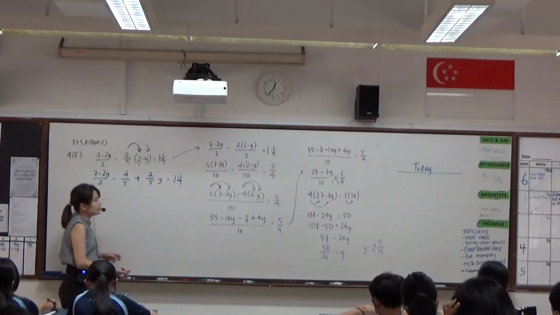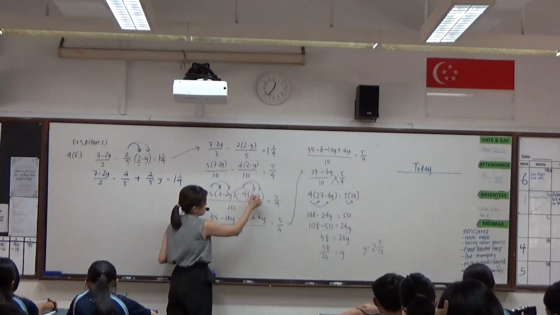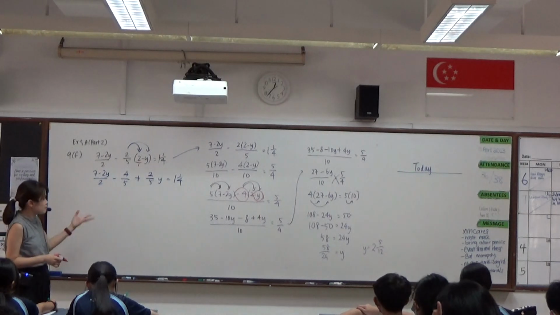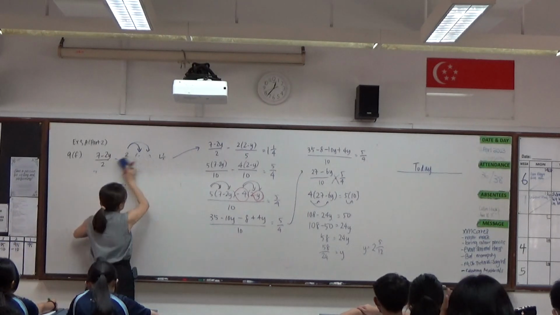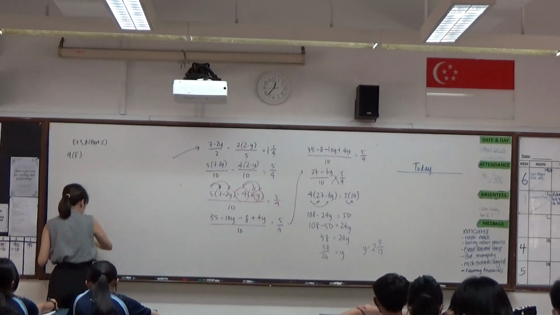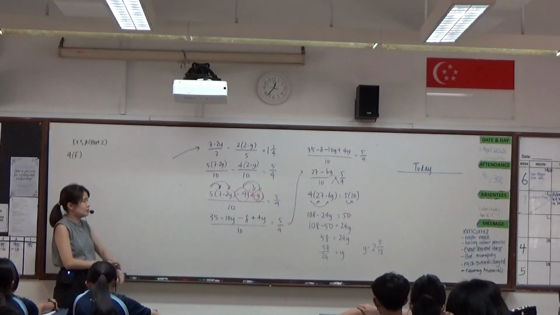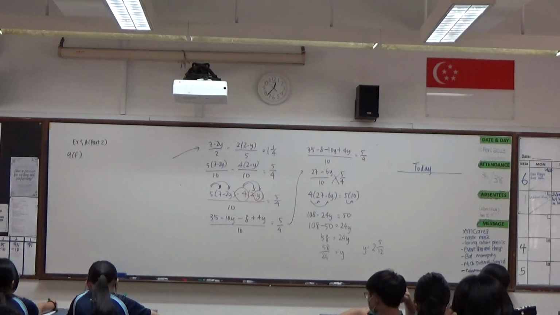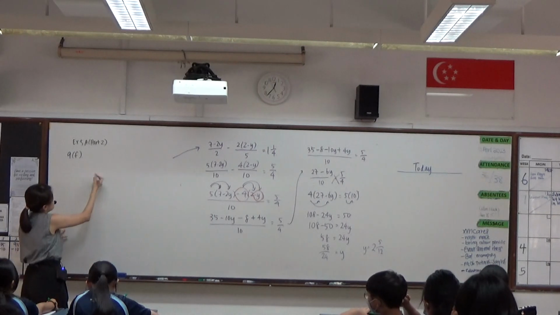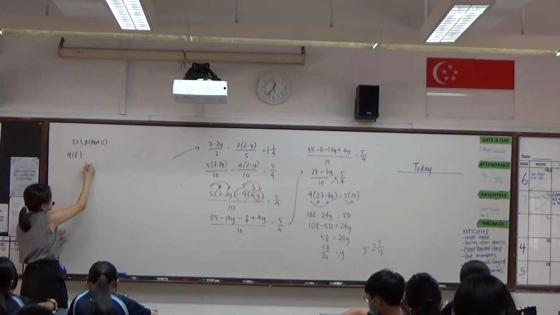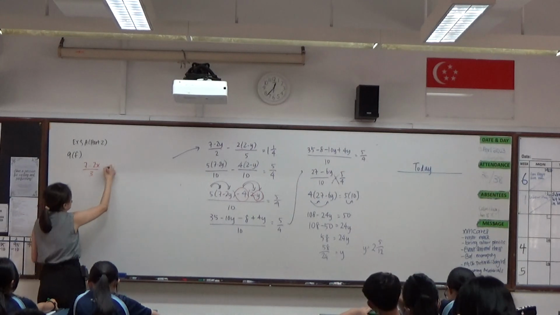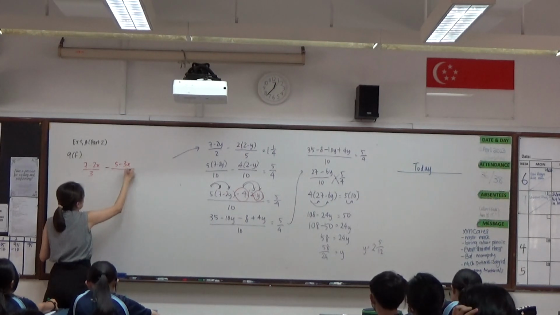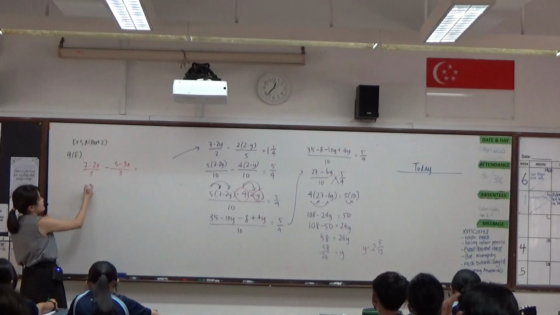I really want to reinforce and remind about this minus thing, because that's always the problem that most of us actually make problems in. However, I want us to really understand why that must be the case. A few days ago Trina came and asked me, why is it that, let's say for example, when I have 7 minus 2x over 3 minus 5 minus 3x over 3,